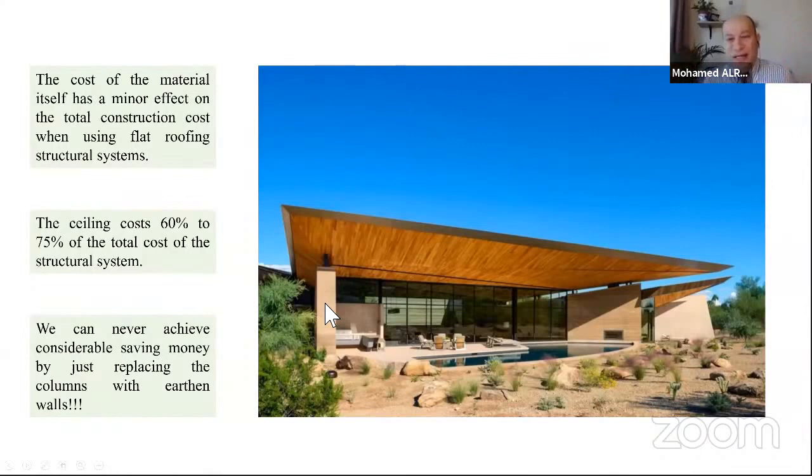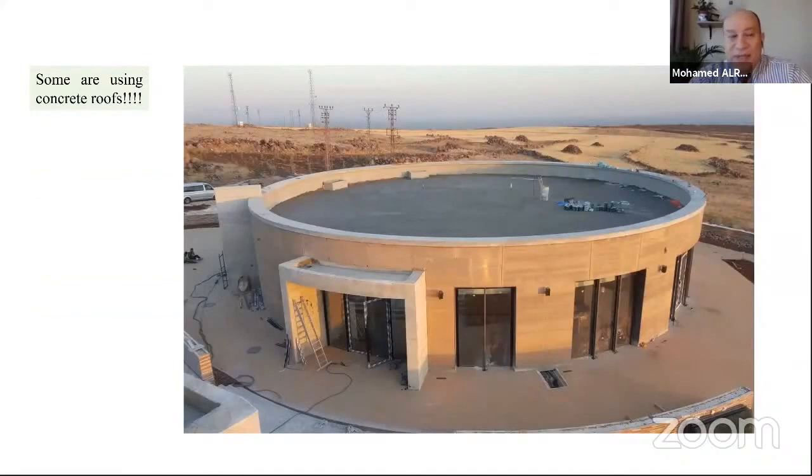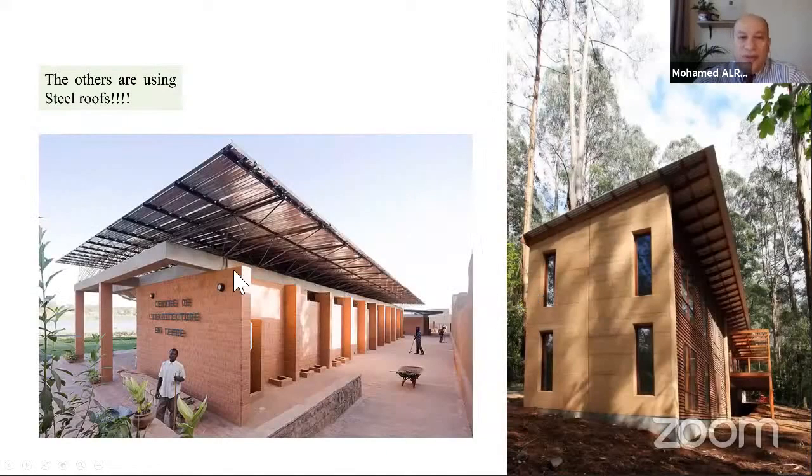And then you say, okay, I built an economical, efficient building. I really wonder when I see some buildings using reinforced concrete roofs over the earthen walls, and that's it. Some of them use reinforced concrete elements mixed with steel elements. By the way, this building is in Africa, and I have a project running now in Nigeria, and I know well that this type of structure costs a lot for them because they are forced to import these materials